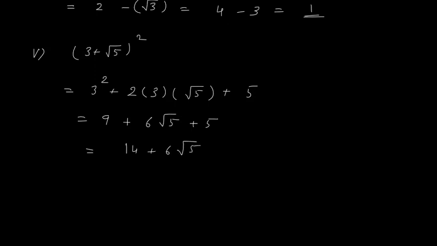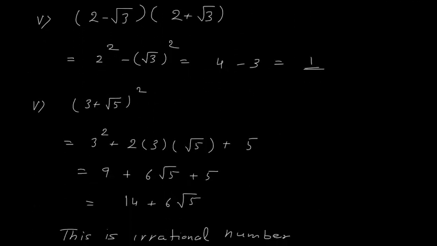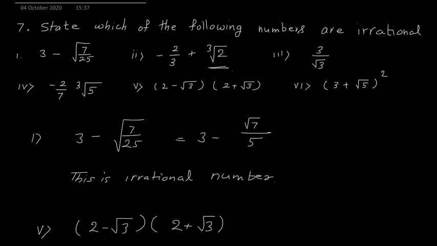So as the sum of a rational and an irrational number is irrational, this is an irrational number. Okay, so this is the sixth problem. So the sixth problem is an irrational number. Okay, so you know root 3, root 5, root 6, they are all irrational numbers. Square root of any non-perfect square number is an irrational number. Therefore, these numbers we discussed are irrational numbers. We have to state, we don't have to prove. So these are our statements.